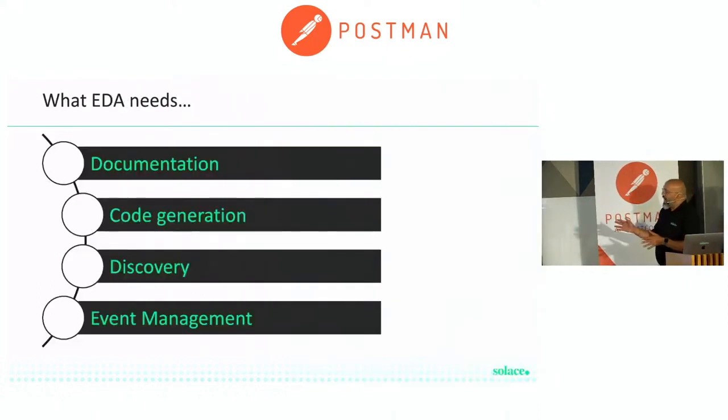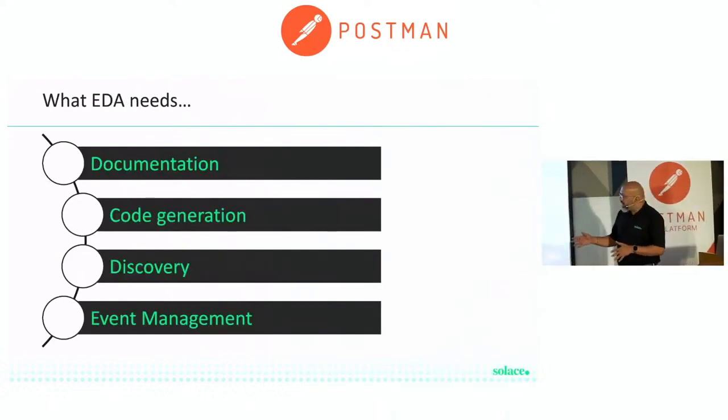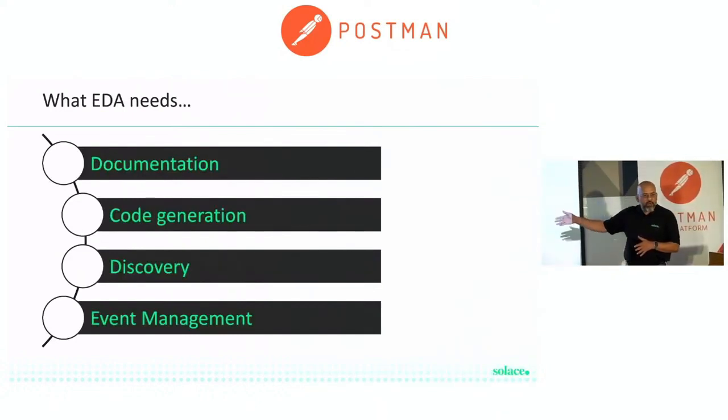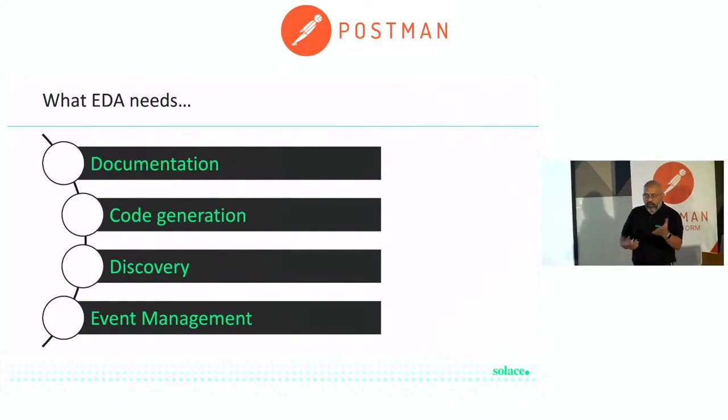But what is lacking in an EDA? Rather, what EDA needs is the ability to document the services that you created, right? And then generating code, because it's a nightmare. Unlike OpenAPI, where you have only one protocol and typically JavaScript, Node.js, Java, whatever it is, standard. But here we are talking about MQTT, AMQP, JMS, REST, HTTP, and then some proprietary protocols, and of course Kafka. Generating code against this plethora of options, Node.js kinds of frameworks, and then these languages, Java, JavaScript, Kotlin, you know it. There are plenty of options.